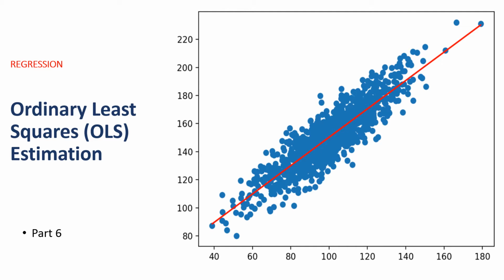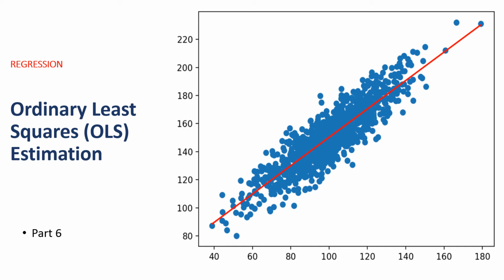So the value of the dependent variable is based upon the values of the independent variables, and we have already seen the different types of regression models: simple linear regression, multiple linear regression, logistic regression, Poisson regression, and multinomial logistic regression. These are some of the regression models, and we already described simple linear regression.